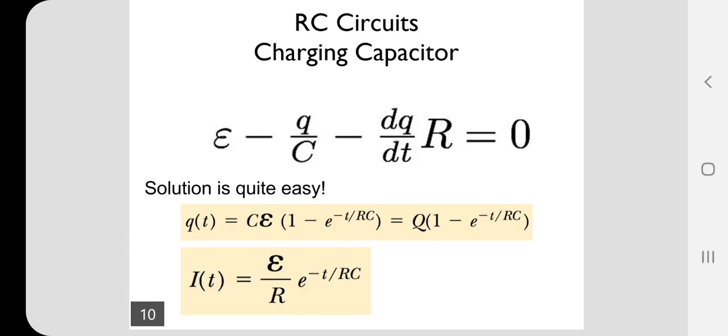You take this and differentiate with respect to t. The constant q gives 0, and d by dt of e power minus t by RC is taken with respect to time. So you may get q by RC into e power minus t by RC. Therefore, q is equal to CV, the C and C get cancelled, so V by R is left, V by R into e power minus t by RC. This is the solution for the current passing through the circuit.